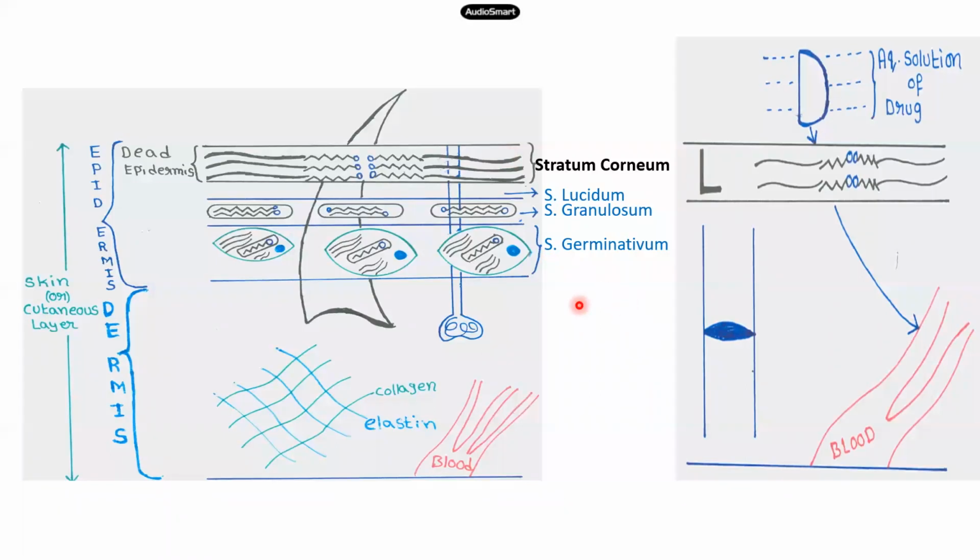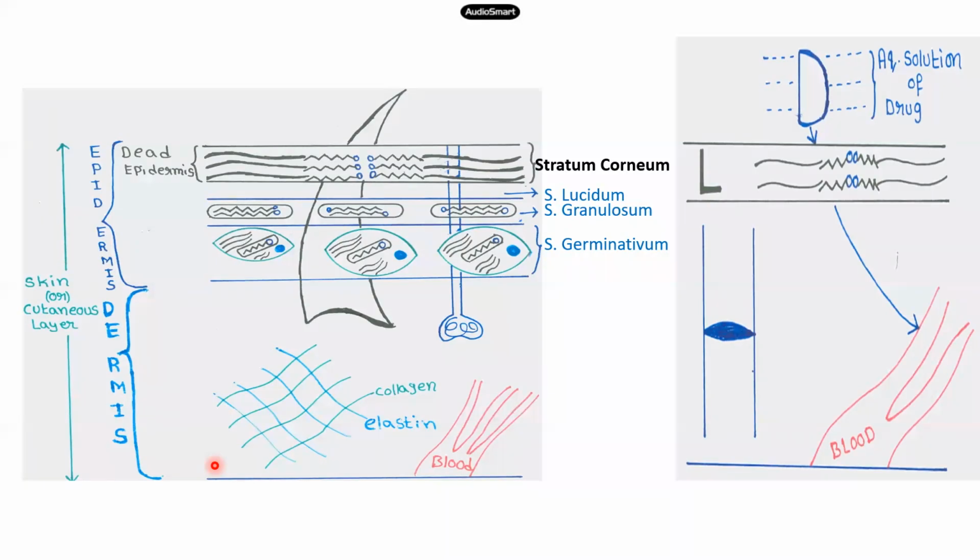Friends, tell me, there are two types of layers in the skin. The first one is the stratum corneum, which is a lipophilic layer, and the rest are hydrophilic layers. Observe that the stratum corneum contains only fibers, which are water insoluble, and lipid. Lipid means water insoluble. That's why in this entire skin only one layer, the stratum corneum, is lipophilic. The remaining layers contain somewhat living cells and some moisture, so they come under the hydrophilic region. That's why skin is also considered amphiphile.